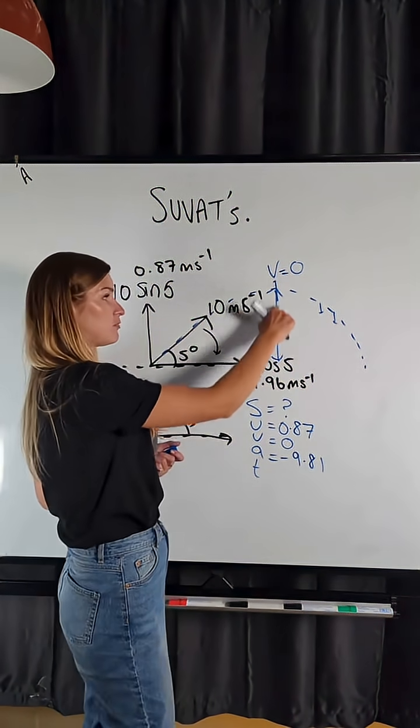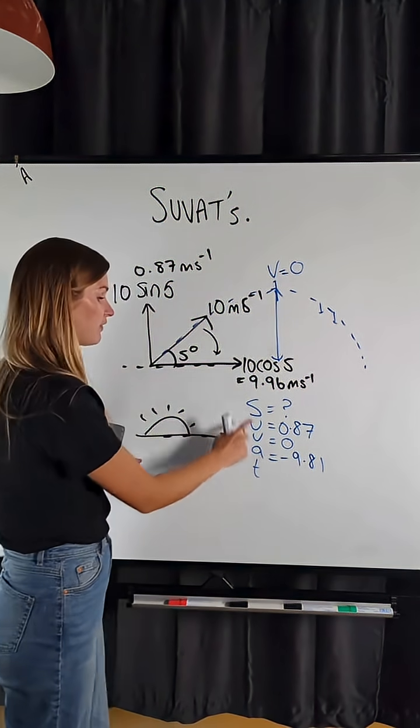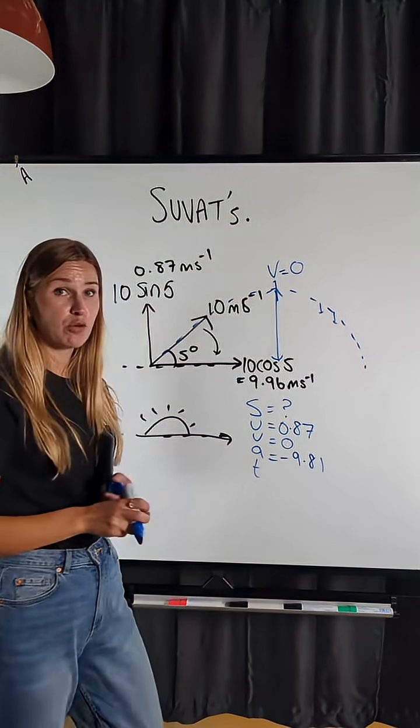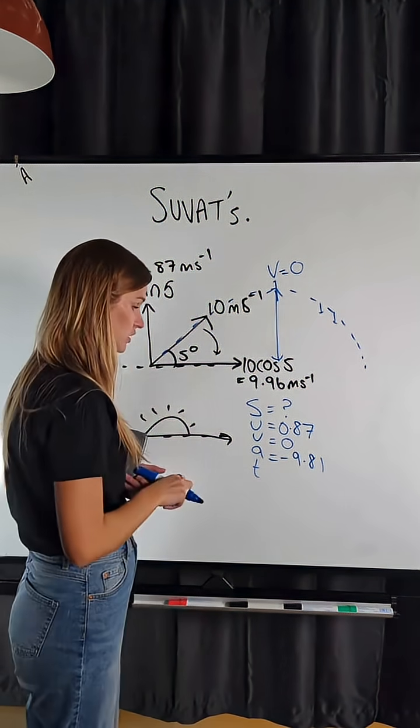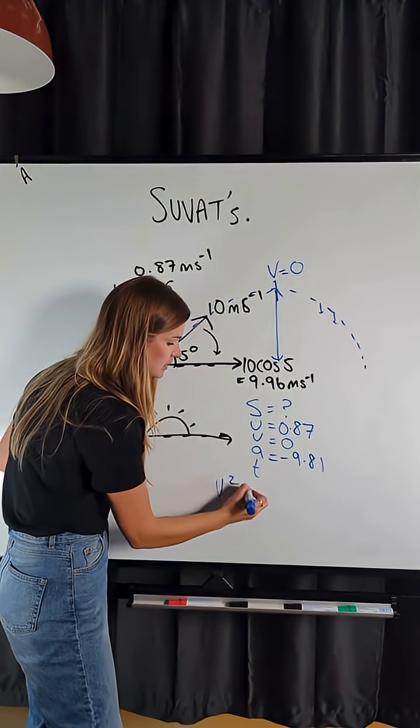So to find the maximum height, that vertical direction, I think what equation do I have, what projectile motion equation do I have to help me solve it? And I've got an equation that says v squared is equal to u squared